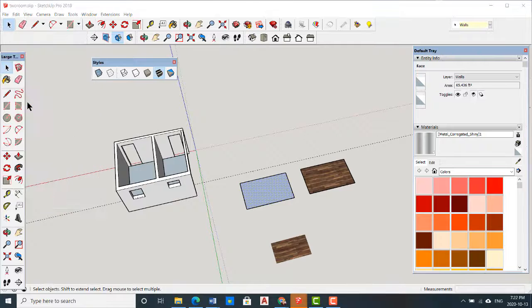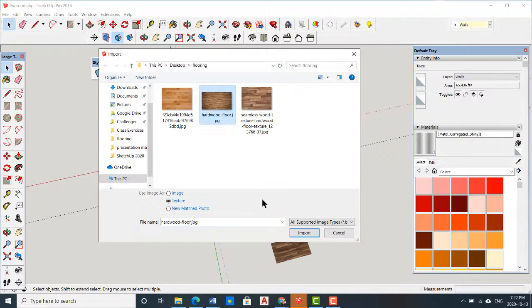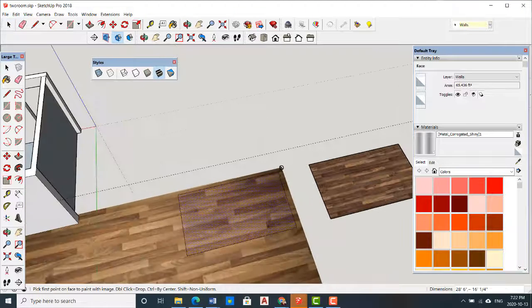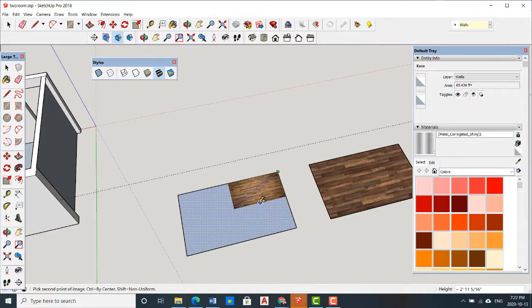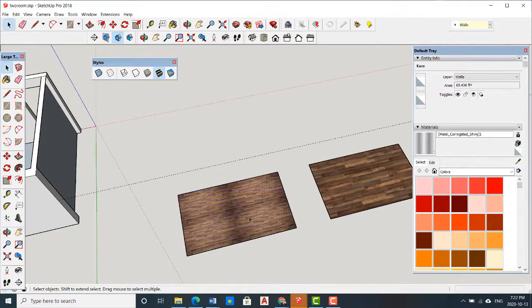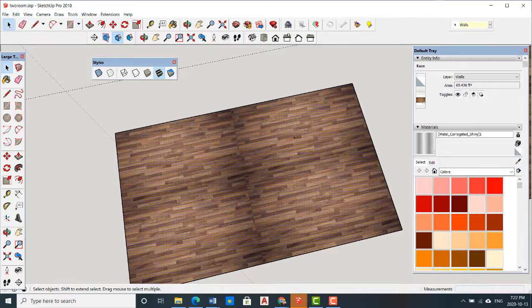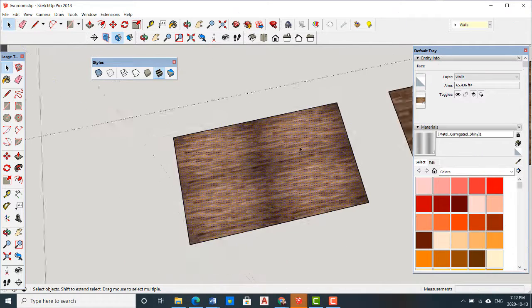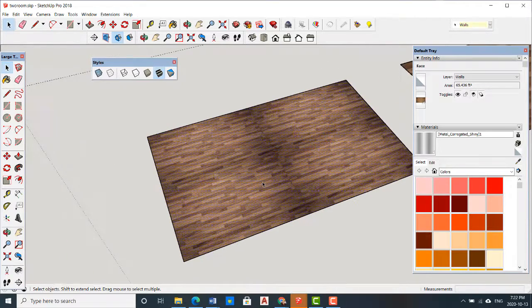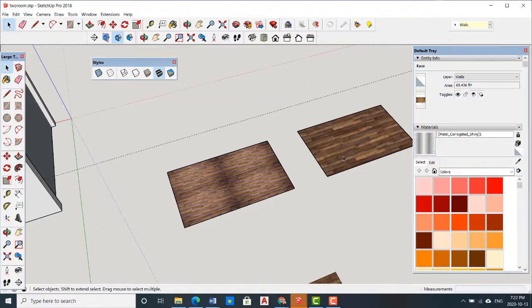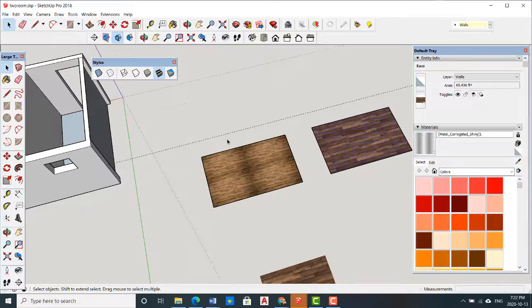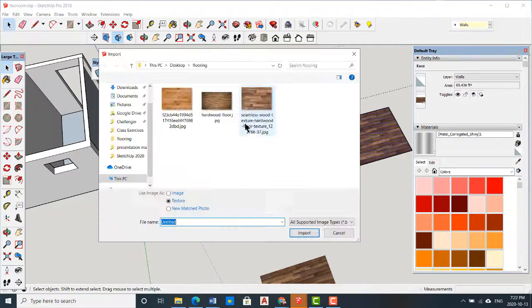So I go back, and this time I bring another image here, and I'll go a little bit smaller because I want to show you something. See this one? Because there is a bright area and dark area, it's not a nice image to use as a material. Compared to this one, even this one, if I bring it smaller, say I go and redo that one, I go import, and